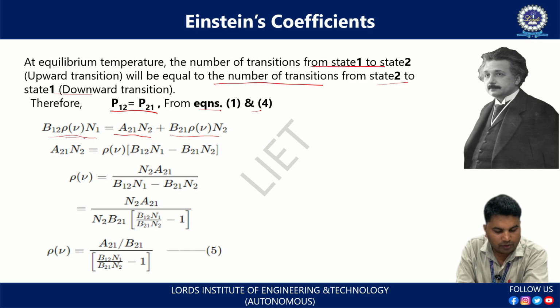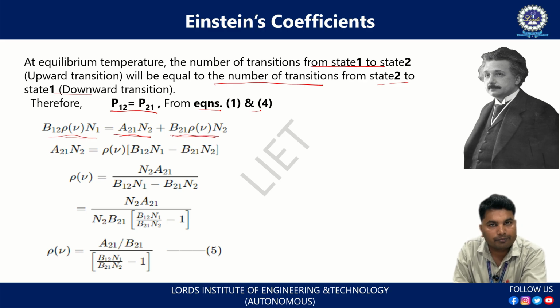Here, B12, transition from 1 to 2, is representing the absorption state, whereas A21, transition from 2 to 1, is representing the spontaneous state and B21 is representing the stimulated state. Let's take rho of nu common and take the equation in terms of A21 N2. A21 N2 is equal to rho of nu. If we take common rho of nu from here and here, the equation will be reduced to the form